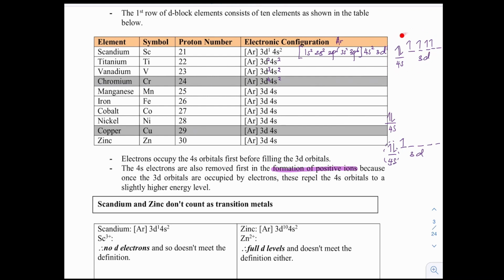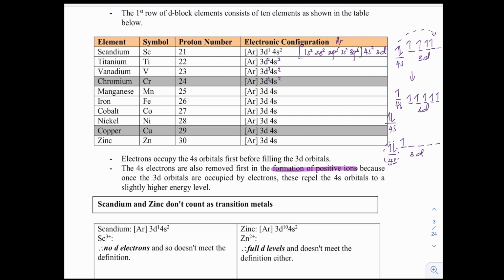Okay, so in order to achieve stability, one of the electrons from the 4s will be promoted to 3d so that it becomes 4s 3d. 4s will have 1 electron and 3d will be like this, which has 5 singly filled orbitals,